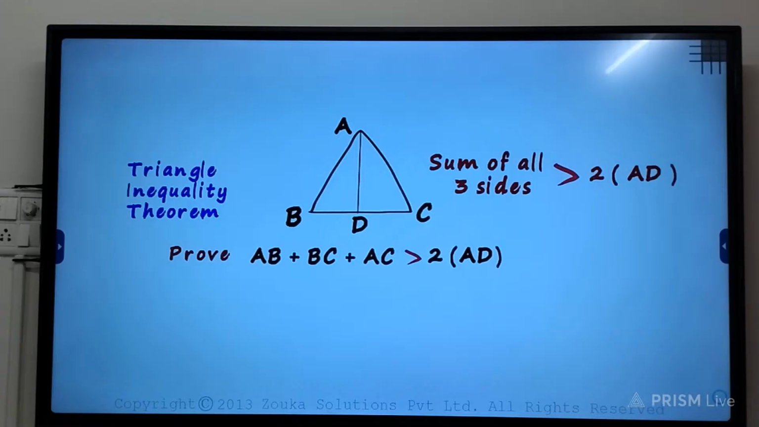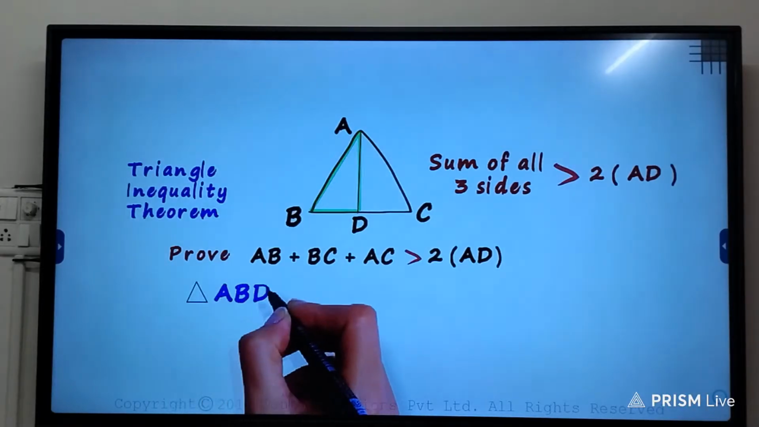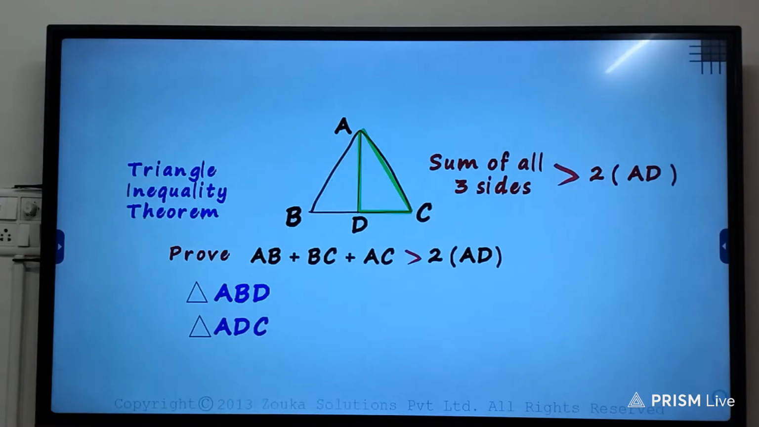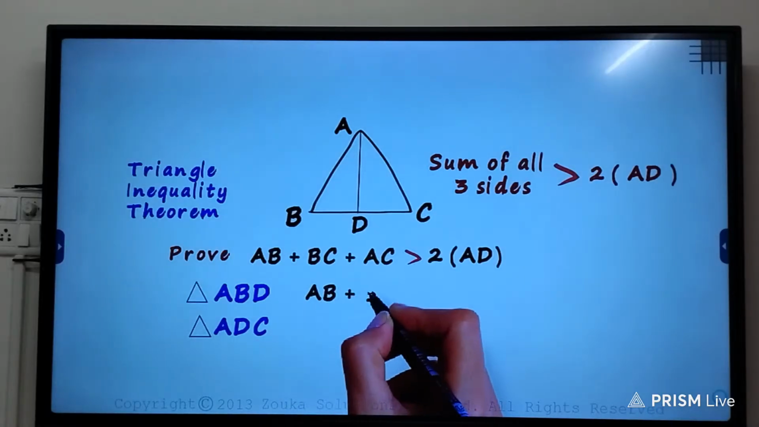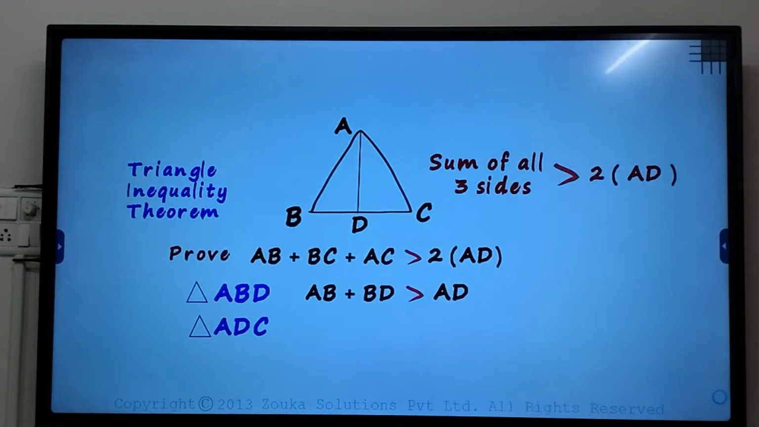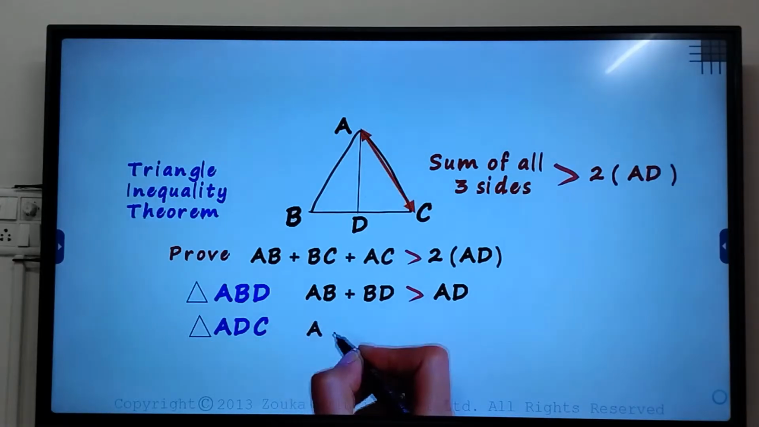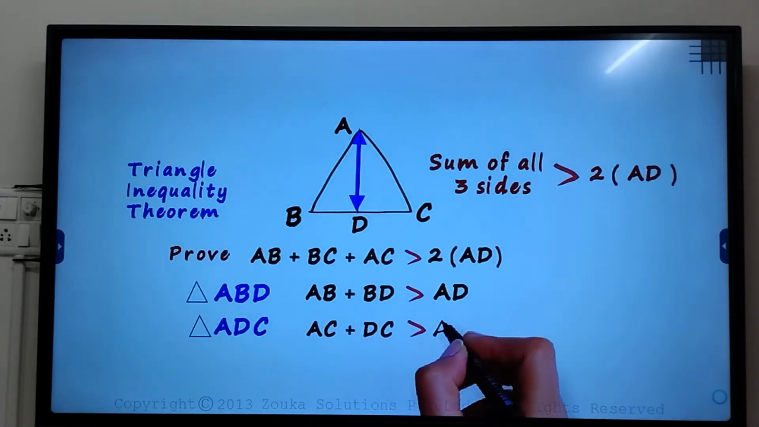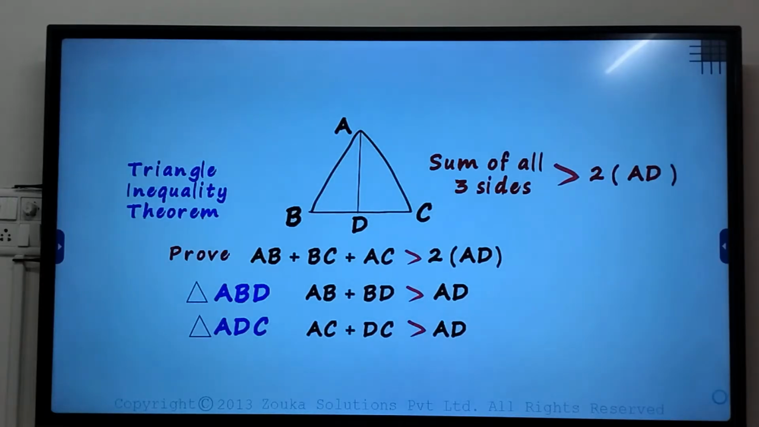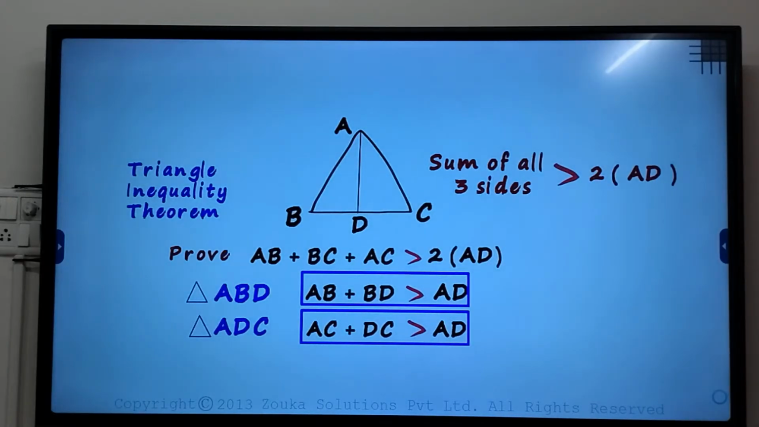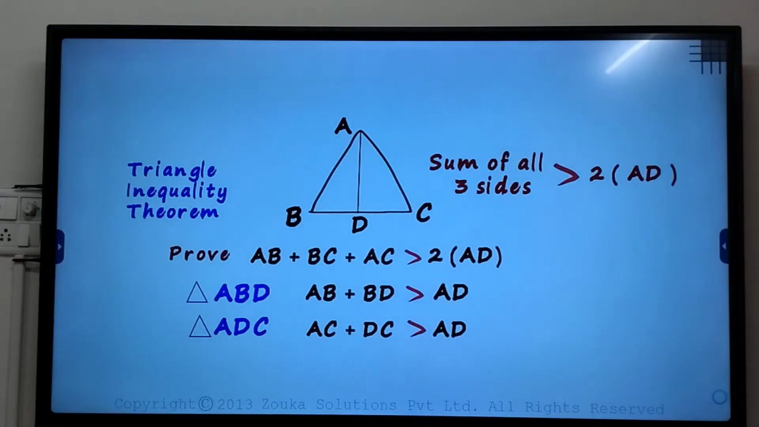So we can see two triangles here. Triangle ABD and triangle ADC. In triangle ABD, we can say that AB plus BD will be greater than AD. Sum of these two sides will be greater than this side. And in triangle ADC, AC plus DC is greater than AD. Why did we choose these specific combinations? It's because we wanted to have AD on one side of the inequality. We have two inequalities here, but first let's understand